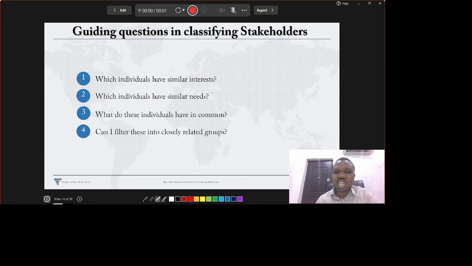What do they have in common? You try to profile them. Are they millennials? Are they young? Have they been working in this particular domain for 20 to 25 years? Are they new intakes? Did they all use the system? You just try and filter things that are common among the stakeholders, and that allows you to classify and group them